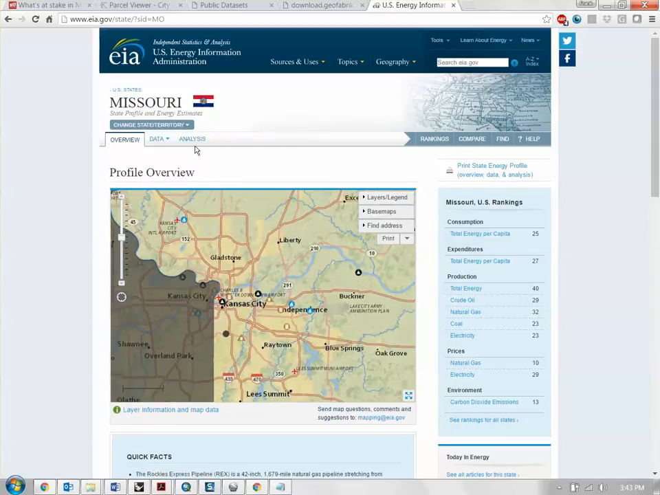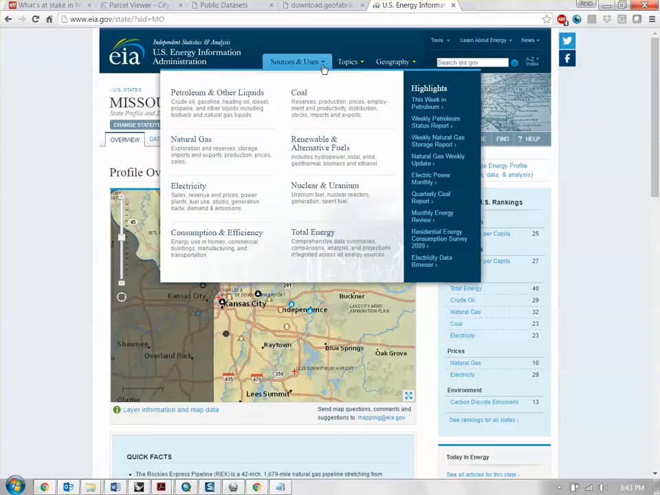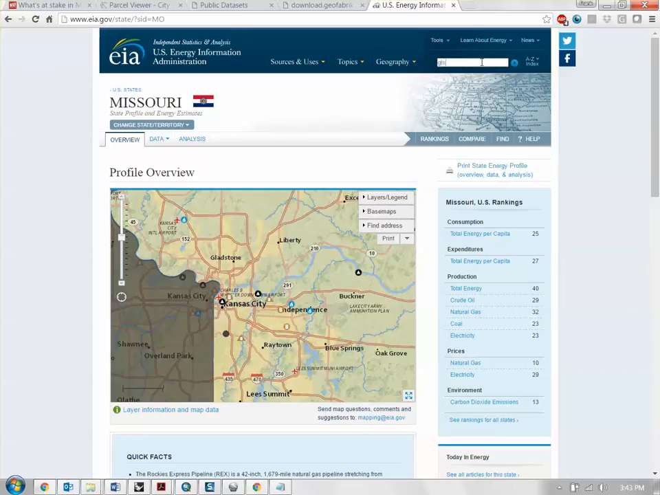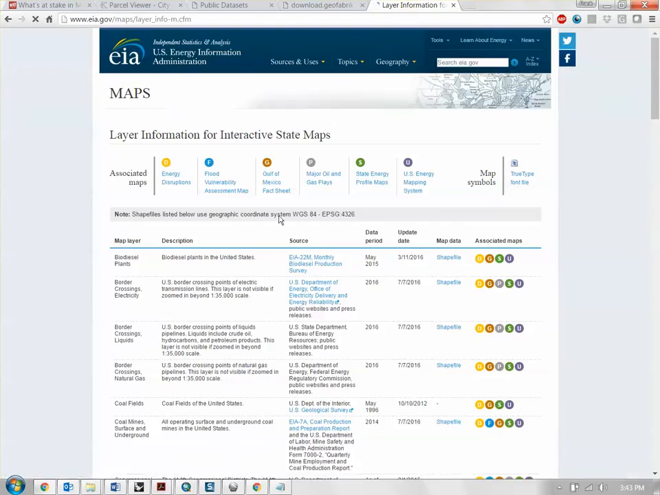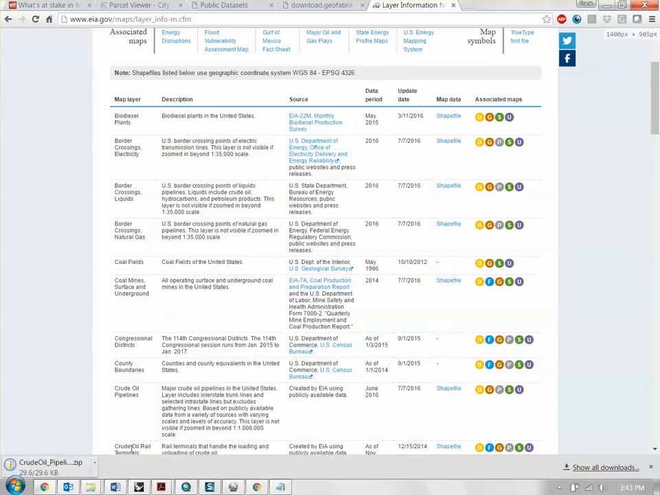Right. Okay. If I look at this website here, I don't know if this website will give me any download capability for data. Let me see if I can find GIS, for instance. Layout information for inactive state maps. Shapefile. Okay, so this also gives you shapefiles for the same information. So for energy, this might be the same exact information. So crude oil pipeline shapefile. If I click that, that's probably the